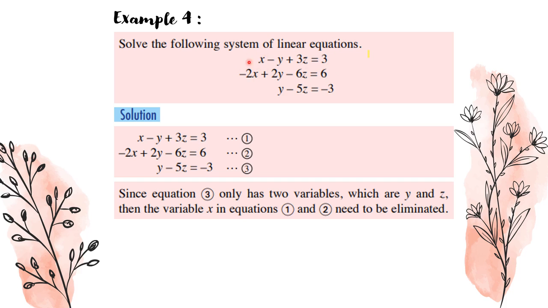The coefficients are not the same, so you have to make the coefficient for the first one become 2 or negative 2. So the first one, multiply with 2, so it becomes 2x minus 2y